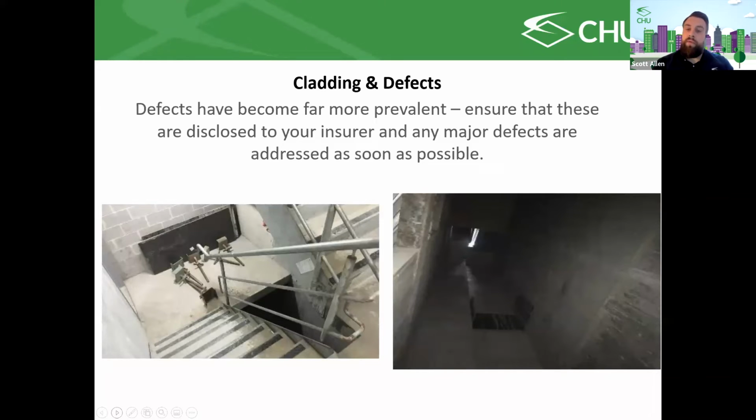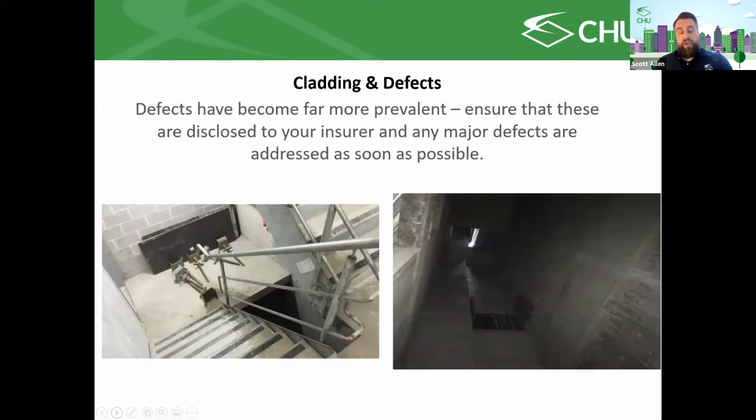Most insurers will, of course, insure your property depending on what the defects are. Some of them have bigger appetites than others, but what we just want to know is what the defects are. No defect is ever going to be insured by an insurer, simply because, of course, they are the responsibility of the builders, and the builders need to be taken into account for doing the work that they do, whether they do the wrong paint color, whether they don't paint properly, whether they forget to install a light switch, or if they do something like this.